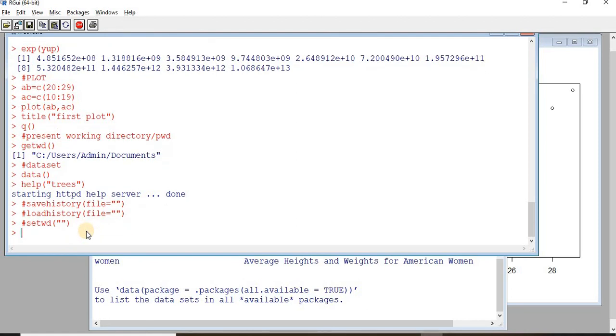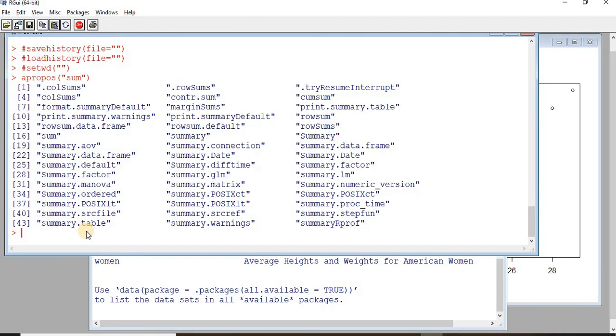So next is a function apropos. You can give anything like this. What this function does is it returns a character vector giving the names of objects that contain the input character string. So you can also see that. When I give this, whichever name contains this part is retrieved. It lists all the functions containing this string sum.